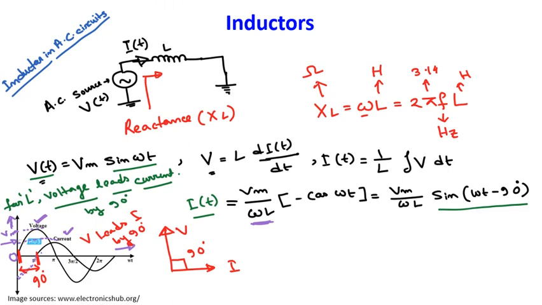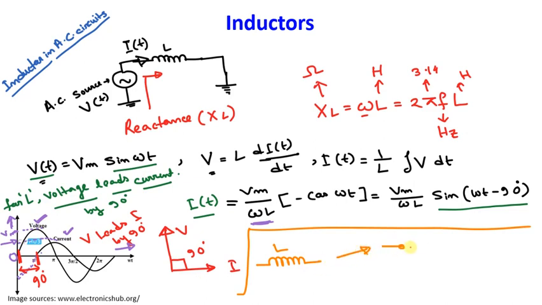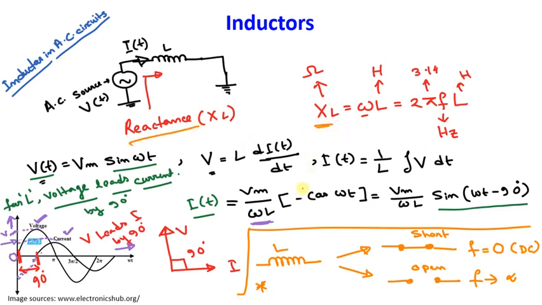So, before we finish our discussion on inductors, let us take a quick note. This inductor L behaves as a short circuit when frequency f is 0. That means in case of DC, an inductor will behave as a short circuit, whereas the same inductor will behave as an open circuit when the frequency is very high, right? So that is important, please remember that. And this is also clear from the expression of XL, which indicates that XL is proportional to frequency.